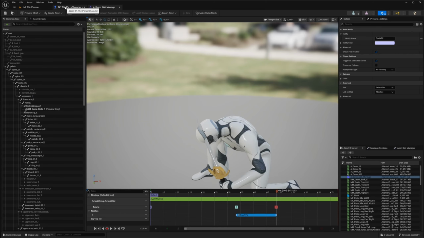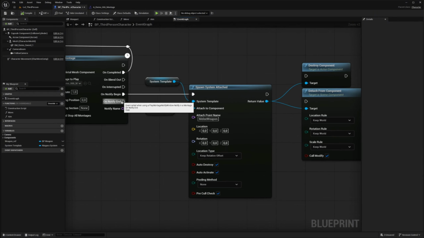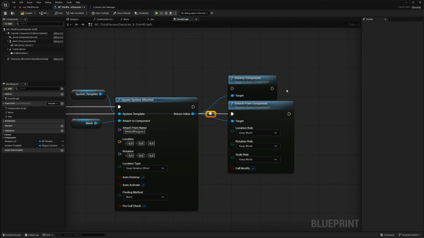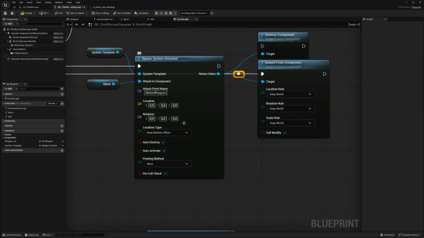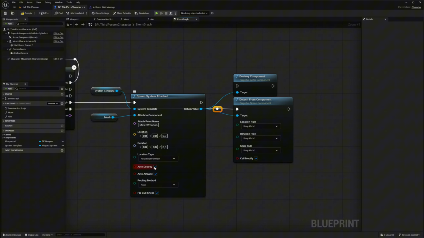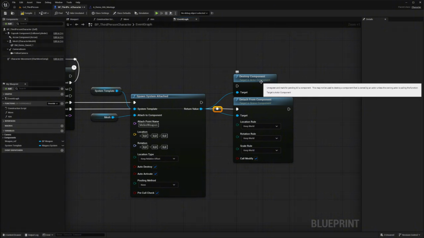Then, if we want to destroy it, we have two options. We can use the notify end. We can either delete it with destroy component when the animation finishes, or we can detach it, just unbind it from the component. Pay attention to the settings that are specified here. If you're using destroy, you don't need auto destroy, don't check it. If you want to do a detach, then check auto destroy. Why am I saying this? Because